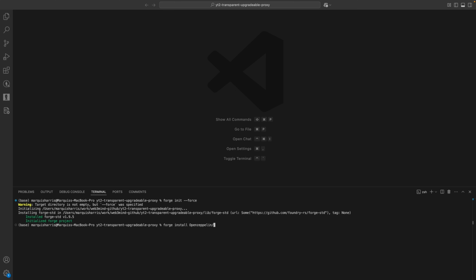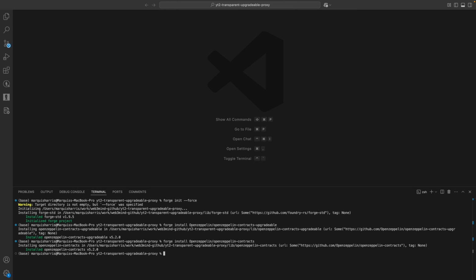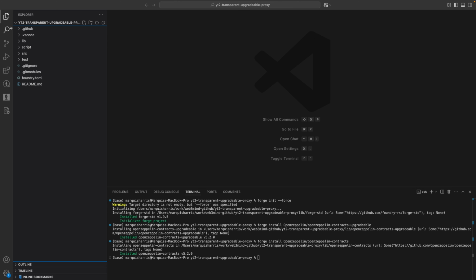Install OpenZeppelin/openzeppelin-contracts-upgradeable. So this will install OpenZeppelin's upgradable contracts. Okay, very nice. And then do forge install OpenZeppelin/openzeppelin-contracts, and this will install OpenZeppelin's normal contracts as well. Okay, very nice. We have them both installed, and then we can go ahead and go in here,